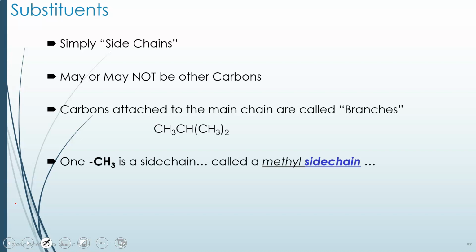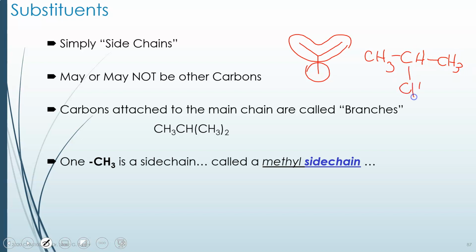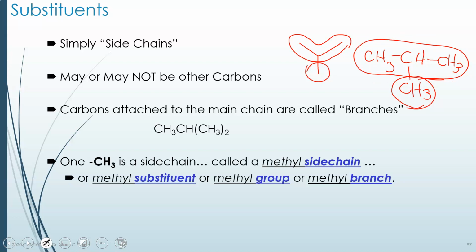So this was the one that, if I draw it in a skeletal form, looks like that. We have a main chain with 3 carbons, and a single carbon sticking out. I could redraw that like this instead, where we have 3 carbons in a row, and the middle carbon has another carbon on it with the appropriate number of hydrogens. So this would be our methyl group side chain or substituent, and this would be our 3-carbon main chain. So this would have a methyl side chain, or a methyl substituent, or a methyl group, or a methyl branch,